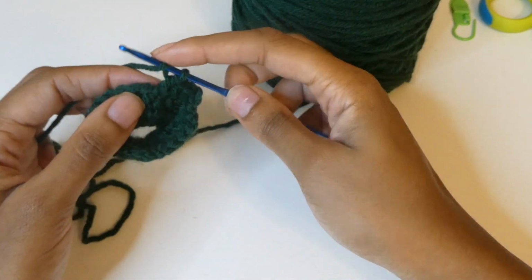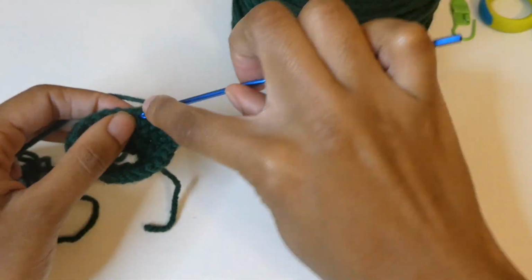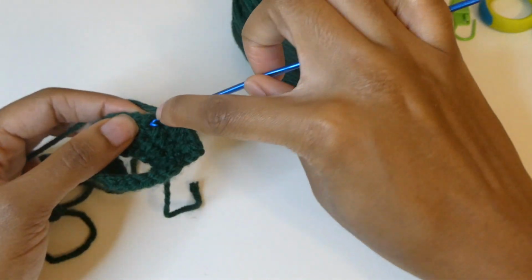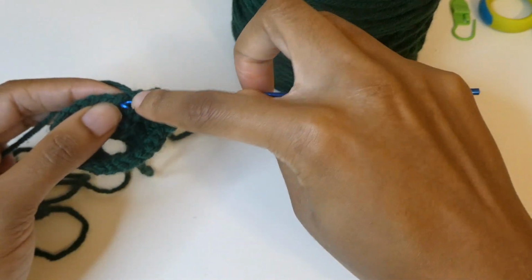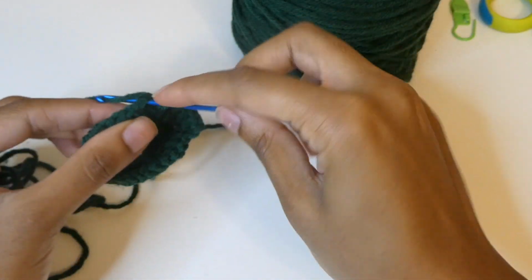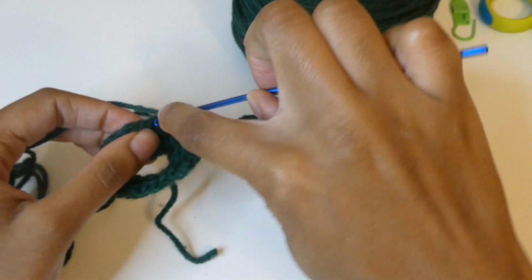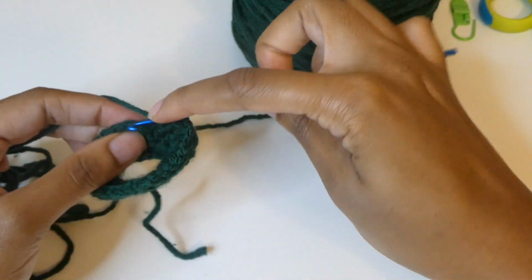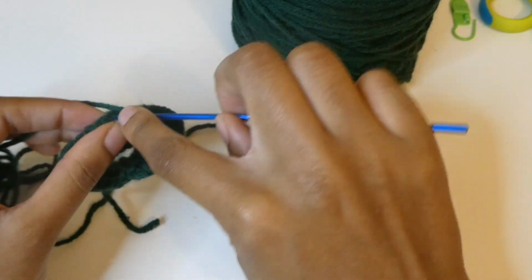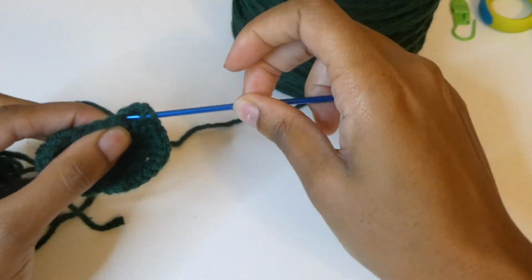So we're going to half double crochet, chain 1, and half double crochet into that same stitch. Then we're going to place 1 half double crochet in each of the next 5 stitches. 1, 2, 3, 4, and 5. Now we should be at our next chain space, and that is where we're going to place our increase. So half double crochet, chain 1, half double crochet into that same stitch,